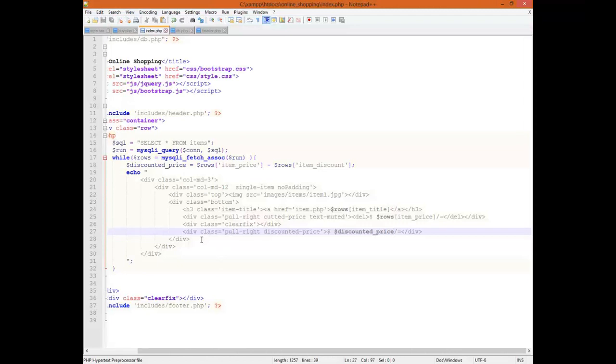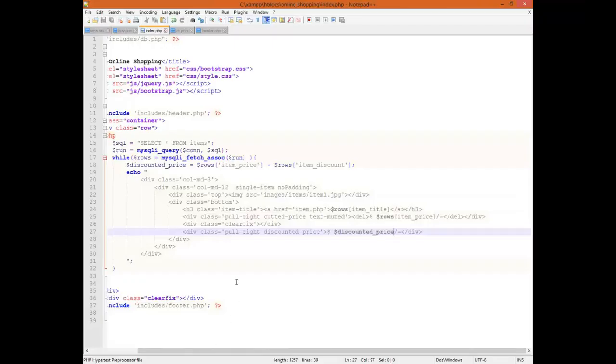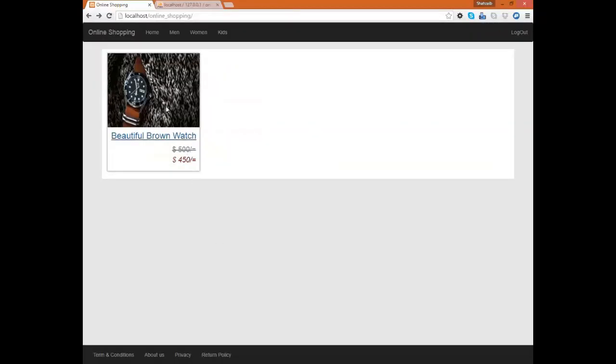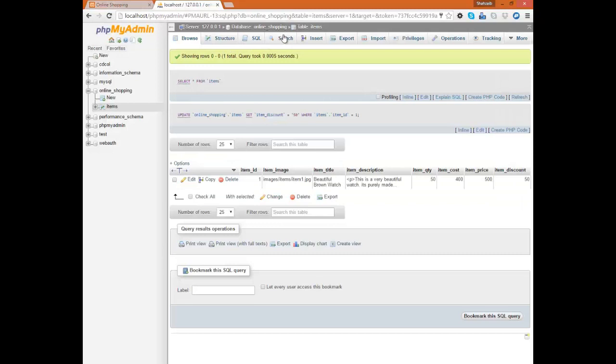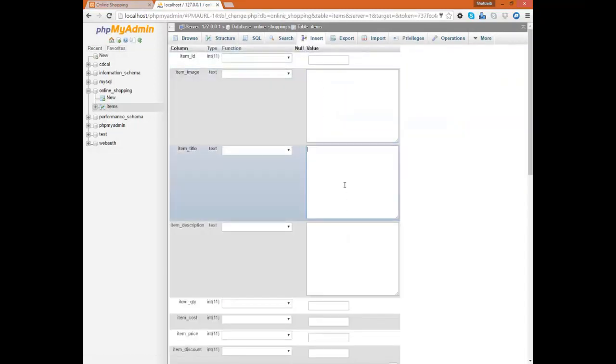So what more do we want in this page? We don't want any other thing. Just simply click on this page, but we have to make the link for this page. This is another thing we want in this page. We are going to the item.php, but how we'll identify, I'm going to clear you by going to the localhost, and here we are adding another item, insert, and now I'm adding,